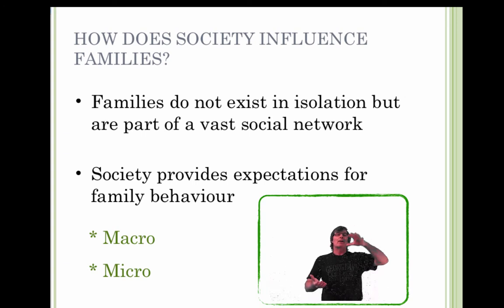It's as if you're standing up on a very big hill, looking down on society, being able to see everything and how everything interacts with one another. And being able to specifically see family and how family interacts with the rest of society, and how society interacts with family, and how each makes the other change. Micro, on the other hand, is getting off the hill and down in among the individual families, watching and seeing how they function, what they work like, how they interact with one another, moving from family to family and watching the dynamics between them. So when we look at theories, some theories are going to be very much macro and some will be very much micro.